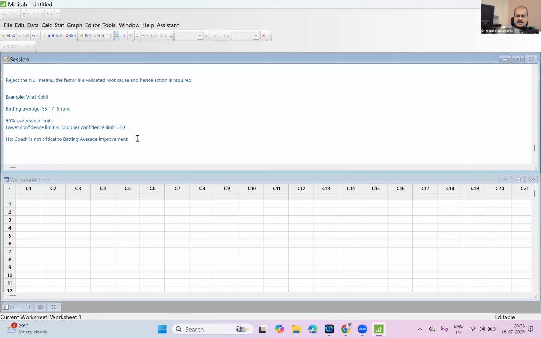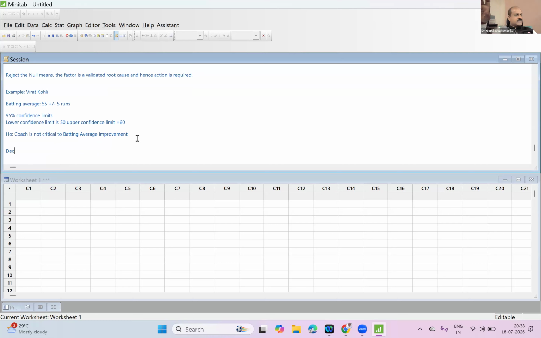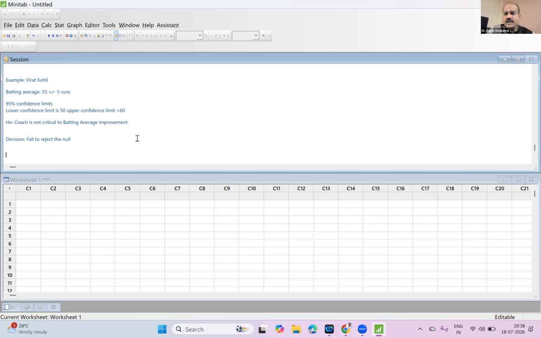So for this null, since the calculated statistic is found inside the interval, shall we reject the null or fail to reject the null? Fail to reject the null, isn't it? That is what we studied in the procedure, right? Fail to reject the null. So the cricket board concluded that the appointment of the New Zealand coach is not actually giving the desired improvement. They could now proceed with either cancelling the appointment or maybe holding it for some period of time.